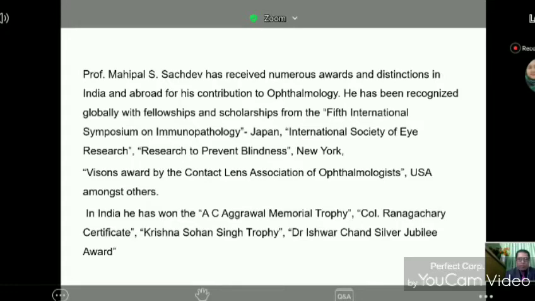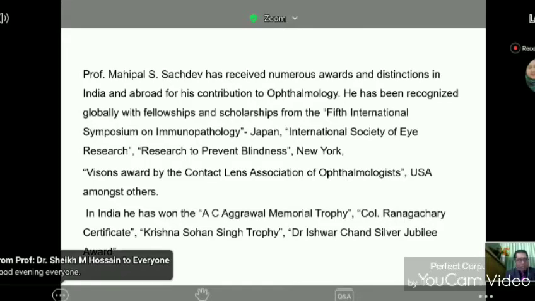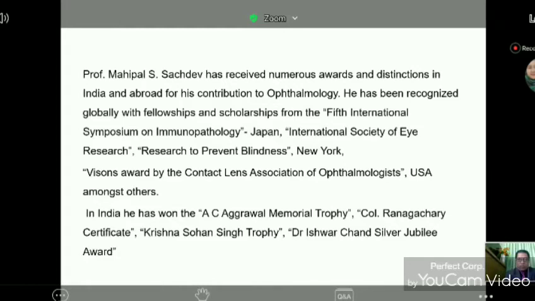Professor Sachdev has received numerous awards and distinctions in India and abroad for his contribution to ophthalmology. He has been recognized globally with fellowships and scholarships from the 5th International Symposium on Immunopathology, Japan, the International Society of Eye Research, Research to Prevent Blindness, New York, and a vision award by the Contact Lens Association of Ophthalmologists, USA,